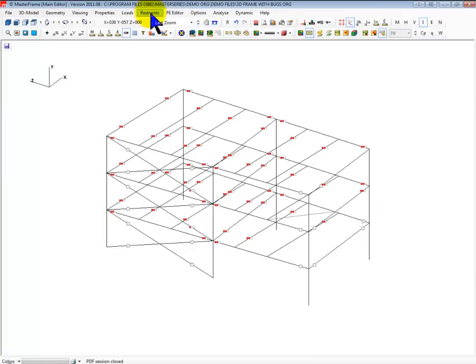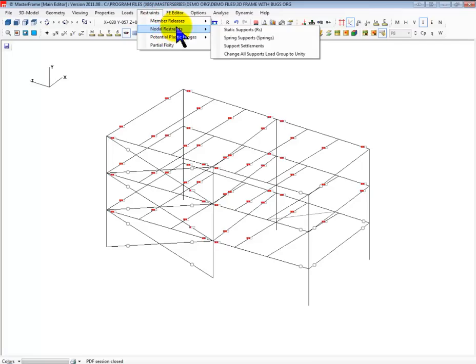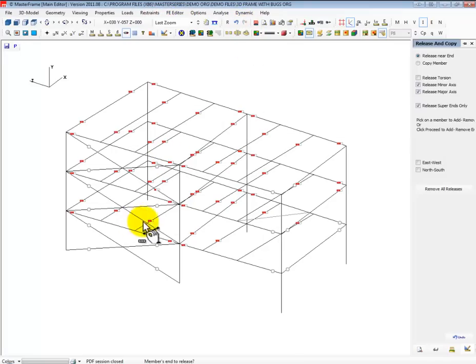And again, to do that is member end releases, and it's very straightforward. You just select what you want and you pick it, and pick it again to take off. So if you wanted to release the major and the minor but not the torsion, the reason for not releasing